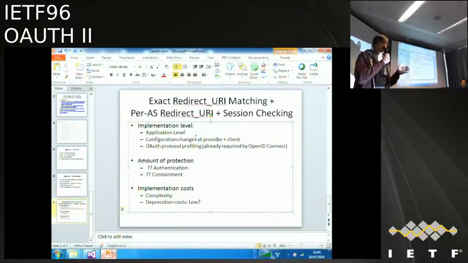And there is a second property, which is containment. Basically, whenever something is leaked, code, access token, or any other credentials, they are leaked through known info leaks, and we would like to systematically strengthen the security of the client-side redirection flows. That was the idea, if I got your question right.